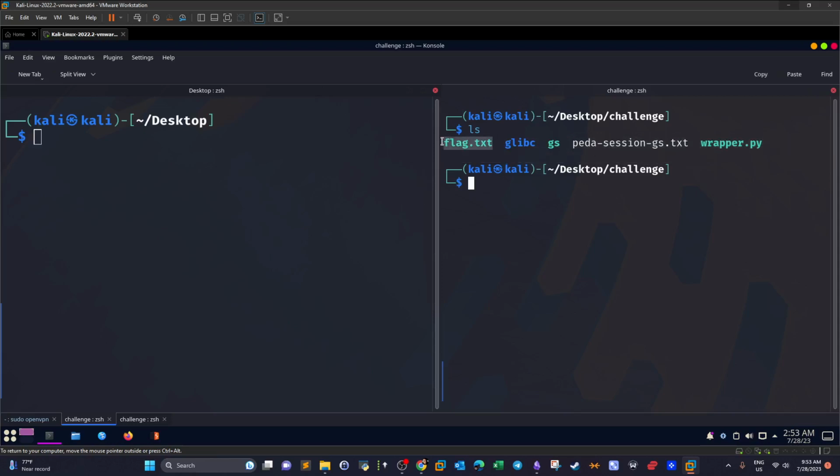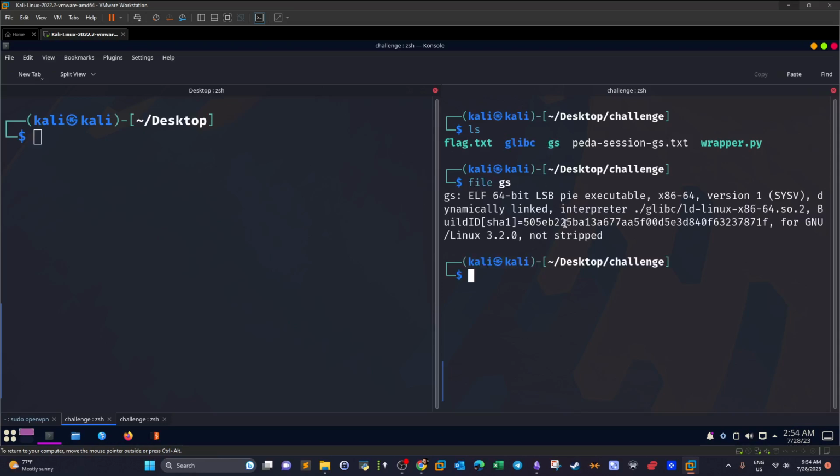Now we have these files. We have flag. Of course, it's not the flag for the challenge. And we have this directory and this binary. If we issue the file command on the binary, we get the type of the file. It's 64-bit, dynamically linked, and not stripped. And this is the hash of the file. We have also a Python script. If we take a look at the Python script,